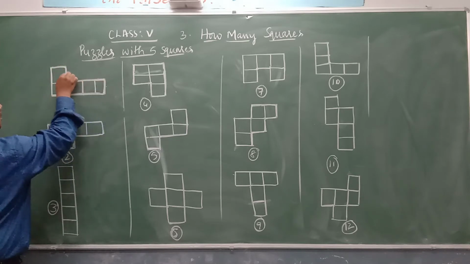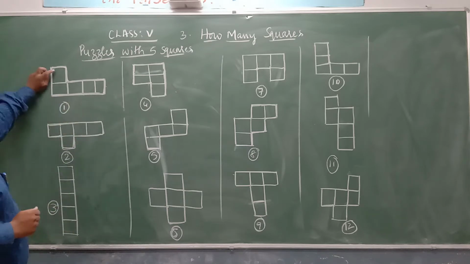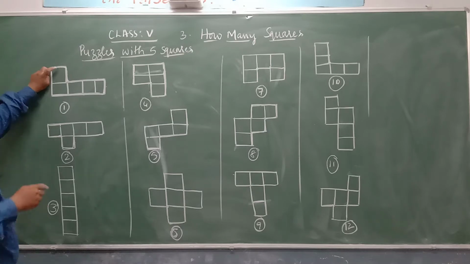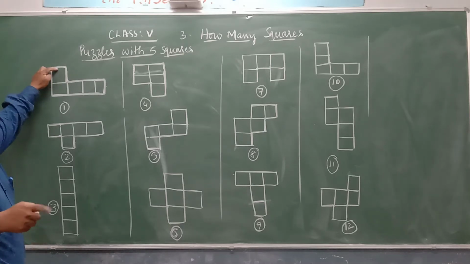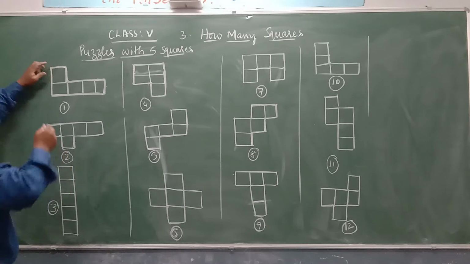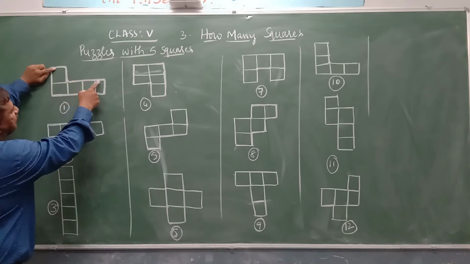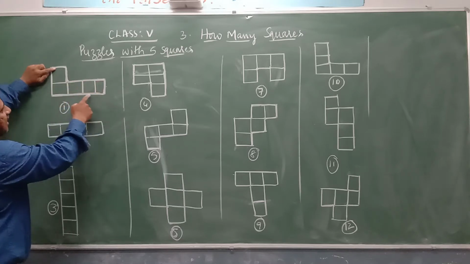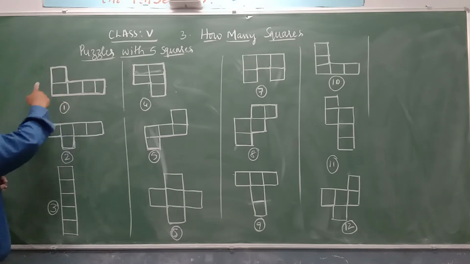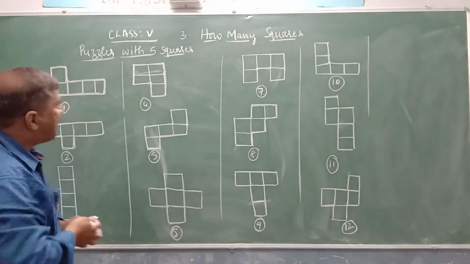Now find the length of this boundary line. As we measured in the beginning, the length of each side is 1 centimeter. Therefore, count the number of sides enclosed by that figure. So start from here. 1, 2, 3, 4, 5, 6, 7, 8, 9, 10, 11 and 12. There are 12 sides. Each side is 1 centimeter.